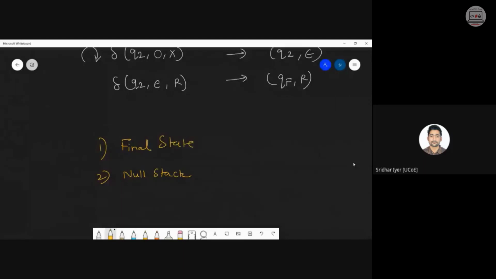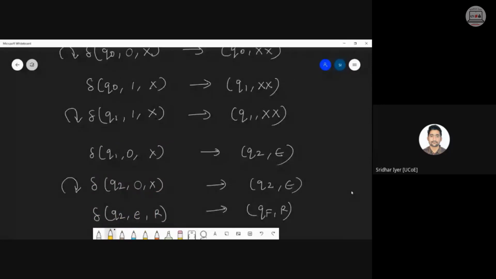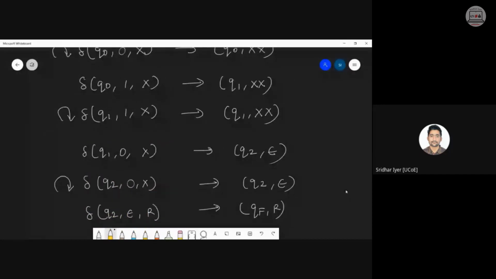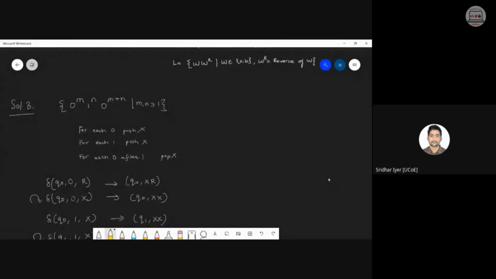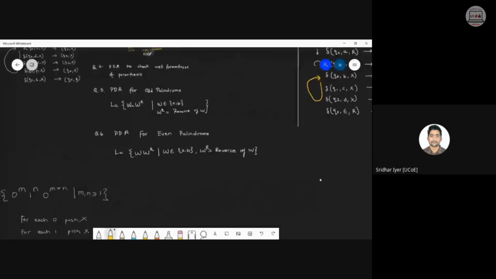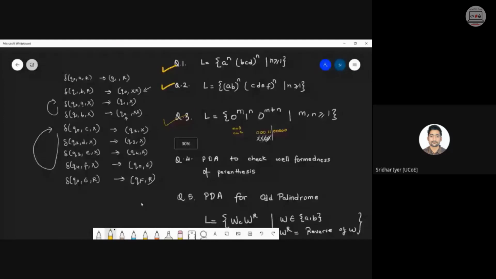Now let me get back to your question. Why did we go to Q0 in the previous problem in final state? Okay, the previous question, is it this one? What are you asking? This particular question or the previous one? I'm not going to Q0 in this problem. Come on, quickly ask me what is your exact doubt. We're talking about problem number 3 or problem number 2? I guess you are asking about problem number 2.